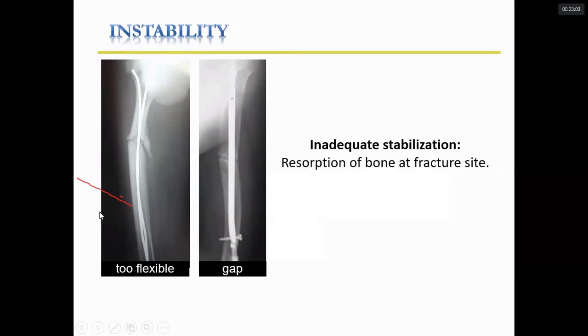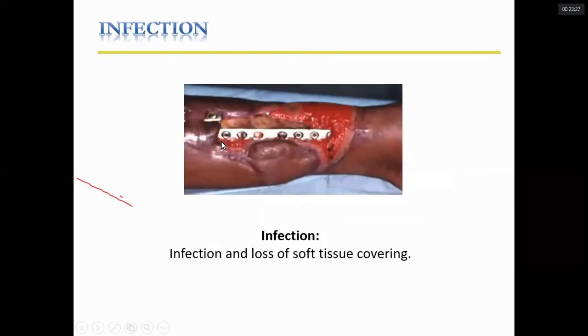Then instability. In such a big diameter medullary cavity bone, you put a simple flexible nail or a TENS. TENS is very much flexible. The fracture is mobile, so it may go into non-union. Then inadequate immobilization. If your mode of immobilization is not adequate, again it can go into non-union. If there is infection, look here, it was an open fracture. There is an infection. Even the plate and the bone are exposed to the external environment. So this is 100% not going to unite. So the other cause is infection.